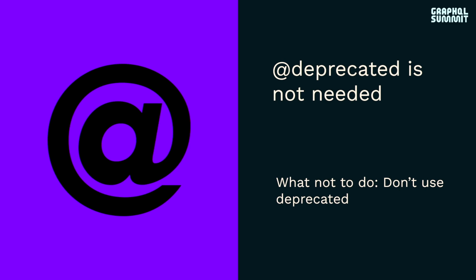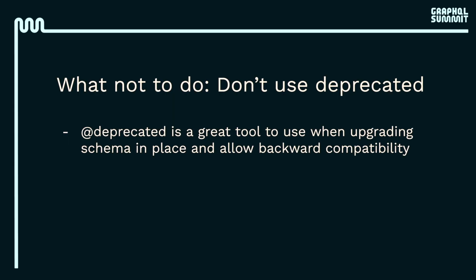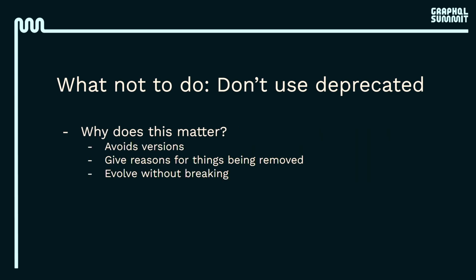Again, similarly, how do you not use deprecated? Just don't use it. Just don't have an idea. You're making everything perfect the first time. Deprecated is great, right? You can upgrade your schema, or not upgrade, you can evolve your schema over time. And as things change, you can change with it. Deprecated is a great way to add to that and say, hey, this is no longer used, don't use it, but it's still dependent on a mobile client version, or somebody's still using it. We don't want to break them, but we don't want more people to use it.